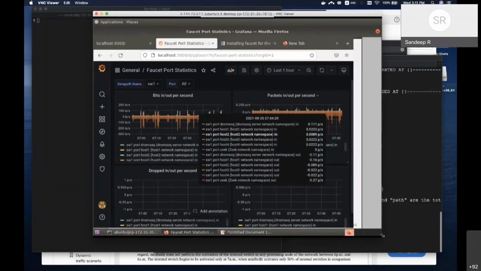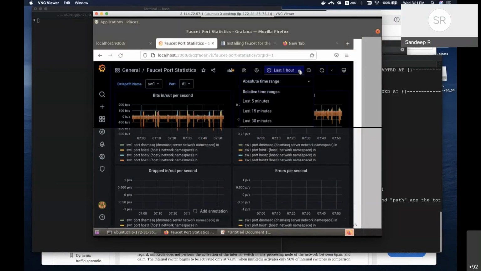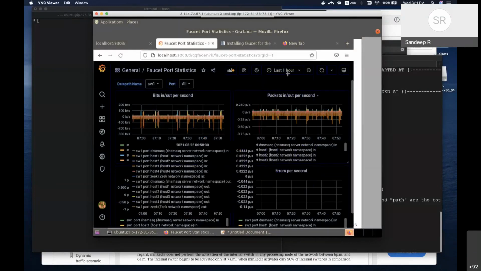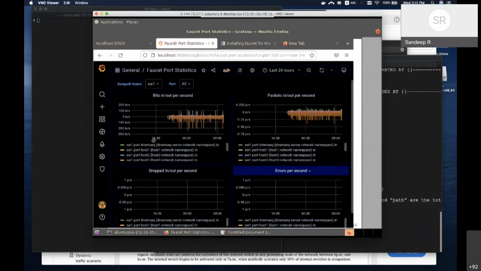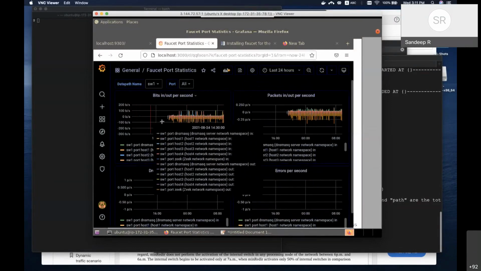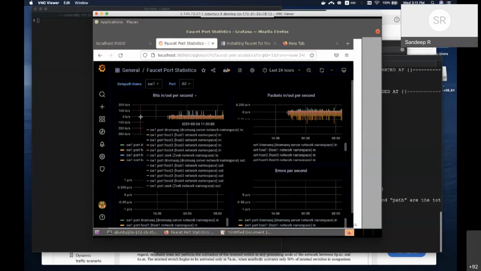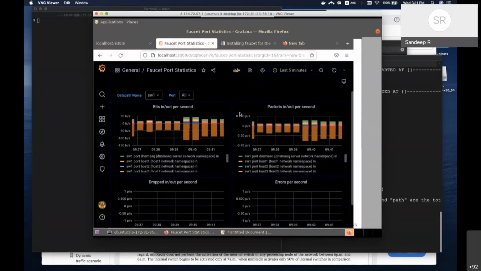That keeps telling us how many packets are coming, how many packets are going in the last 1 hour. We can filter it here. If you want to see the statistics in the last, say, 24 hours, because there's very little traffic, I started this only yesterday night or evening. That is why you will see data coming only this much. Nothing is there before that. You can also say, in the last 5 minutes, what is the data? So this amount of data coming in the last 5 minutes. These are some of the things that you can easily visualize with Grafana. This is pretty good.